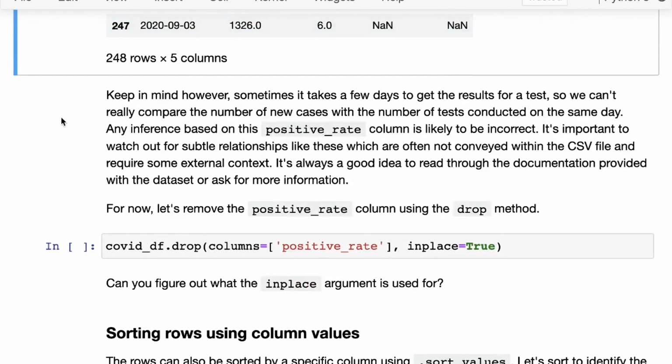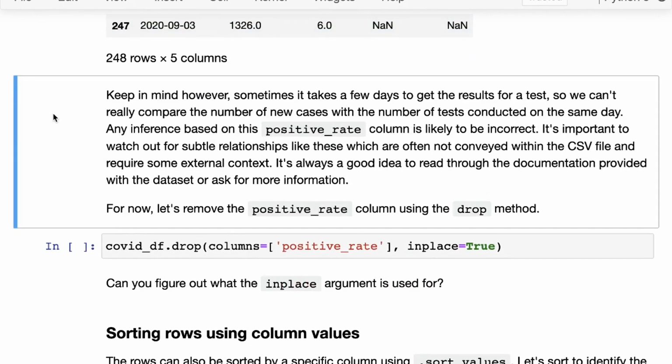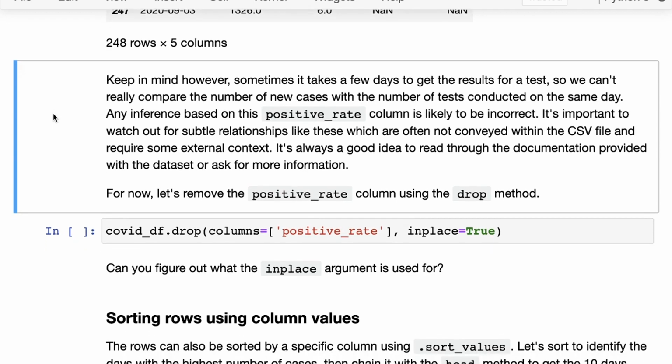Okay. But here's a detail to keep in mind. And this is once again going back to the context about the data, that sometimes it takes a few days to get the results for a test. So as such, we can't really compare the number of new cases with the number of new tests conducted on the same day. You may conduct 1,000 tests today, but maybe 500 of these results might come out tomorrow, and then another 200 might come out a few days later, and so on. On the other hand, the number of cases that were reported today could have contributions from tests conducted over many of the past few days. So comparing cases and tests on a day-to-day basis is probably incorrect,